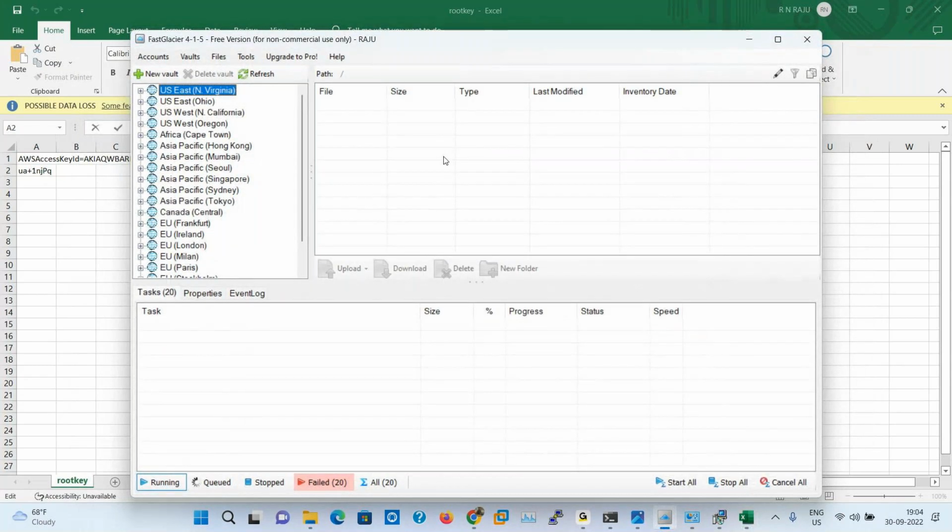After adding, now expand your Virginia region. Now you see the vault name you created. It's refreshing.